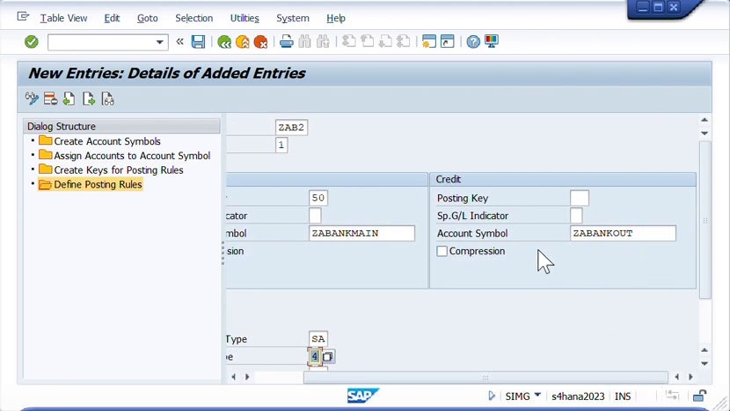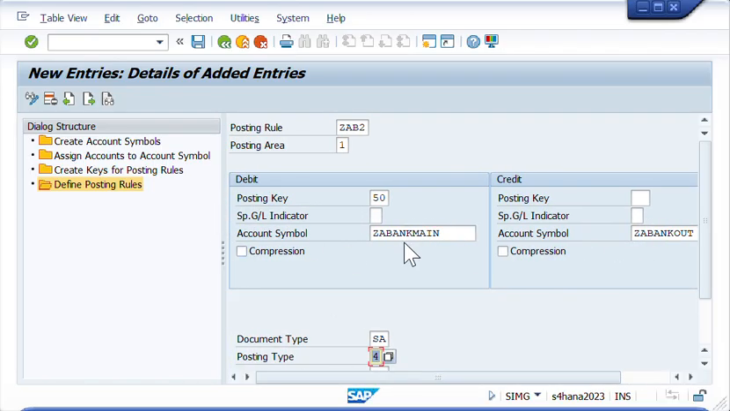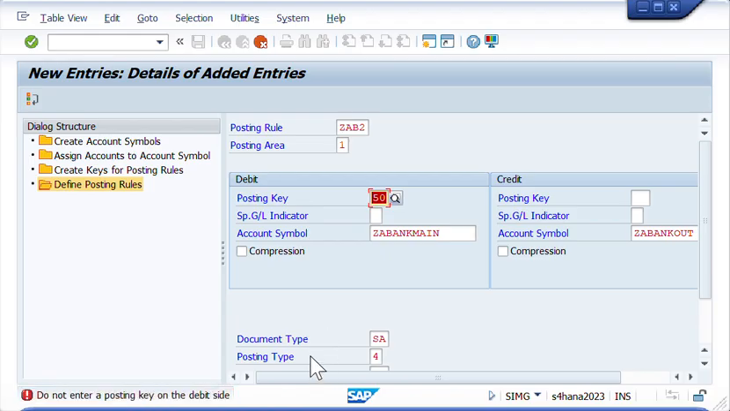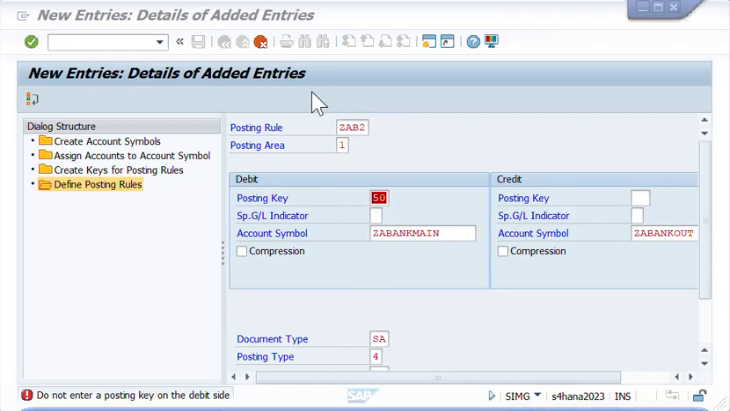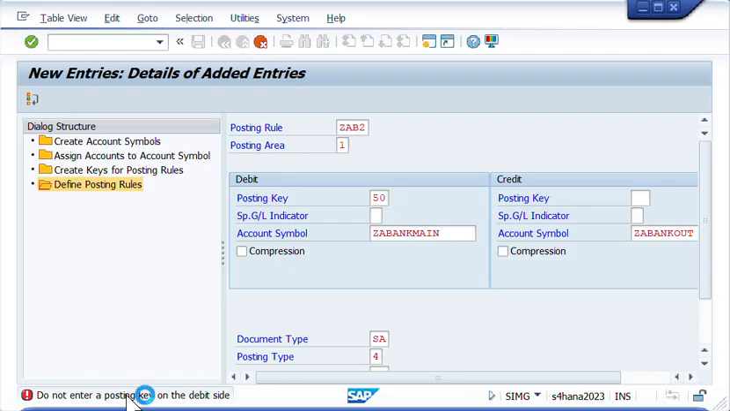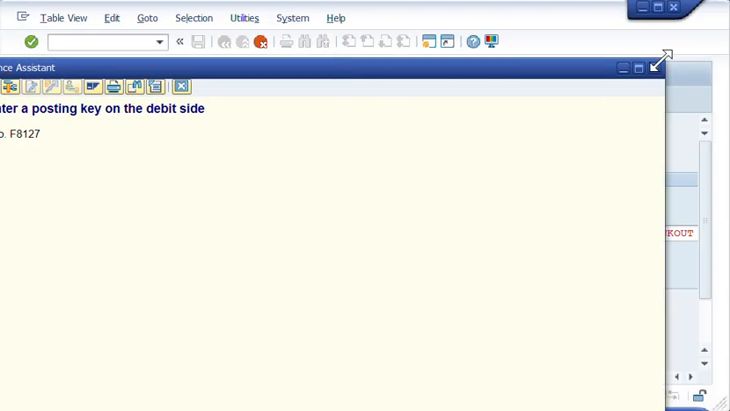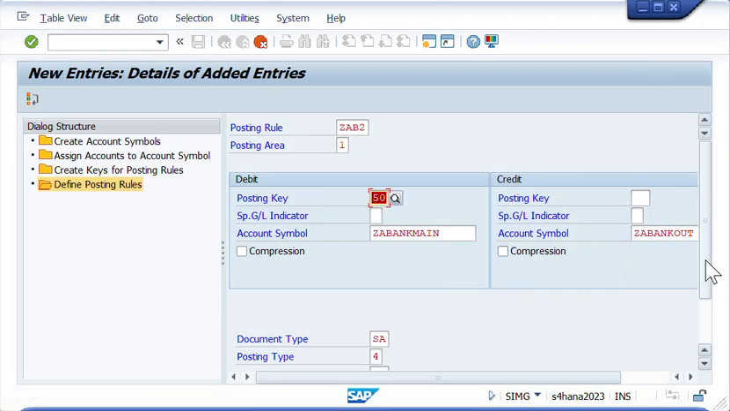We will debit, I mean, the ZA Bank out account. Debit this and then credit the main account. Okay, and then save. And it says that do not enter posting key on the debit side. So we'll just have to change positions. And so let's put the ZA Bank out, and then this is ZA Bank main,